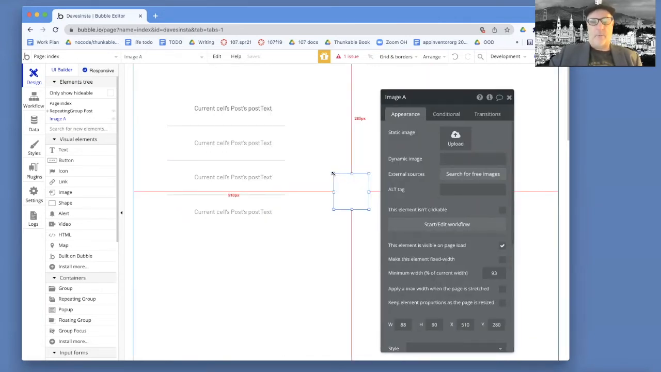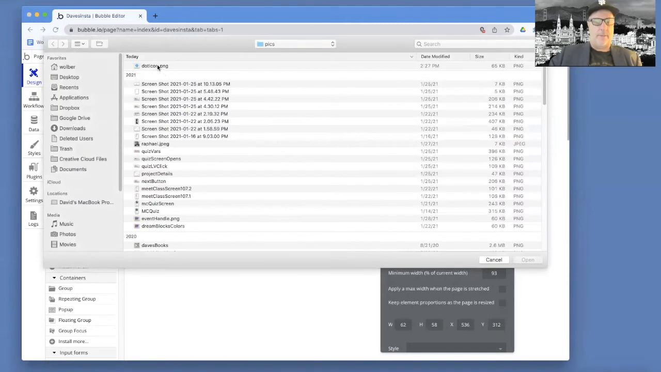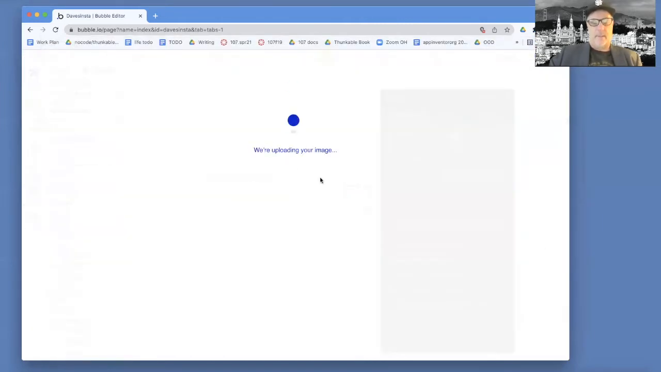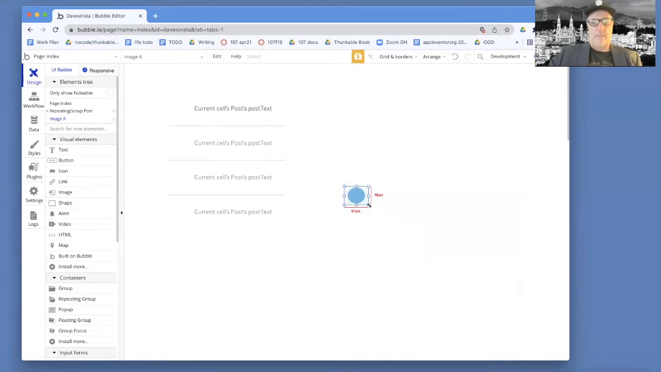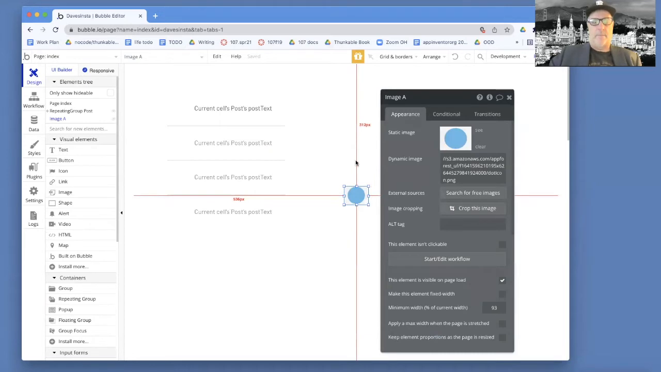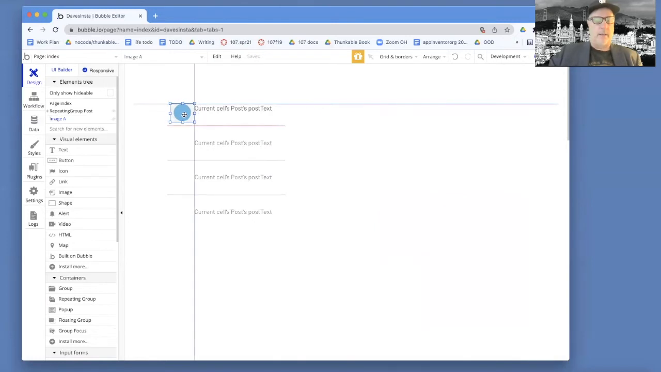And what I like to do when I'm working with these images, even though it's going to end up being dynamic, I'm going to upload a static image. I've got one called dot icon. And mainly I want to be able to see this thing as I'm playing around with it. And then I'm going to make it a little smaller. Okay. And before I even set the dynamic part of it, I'm going to make sure I get it into my